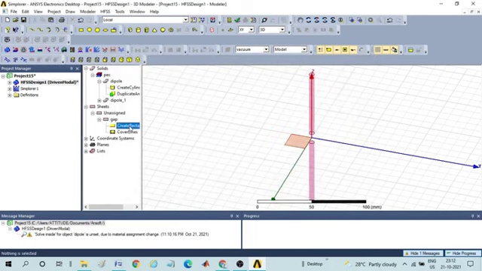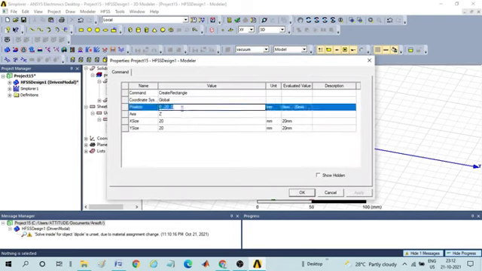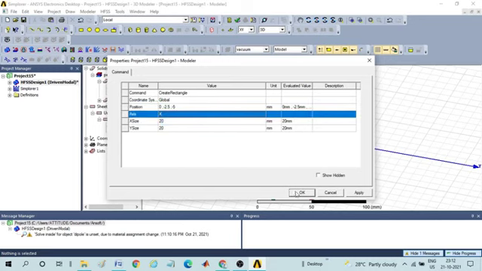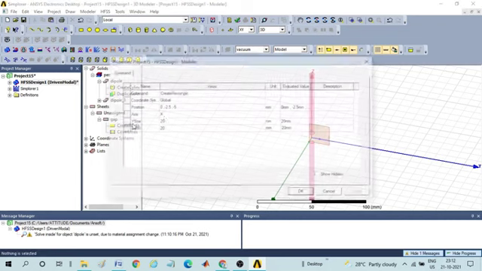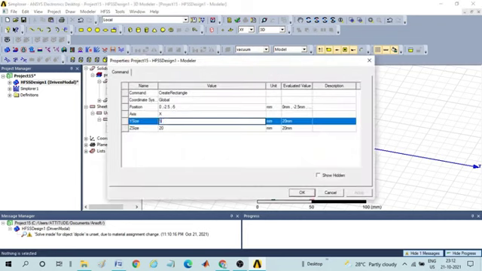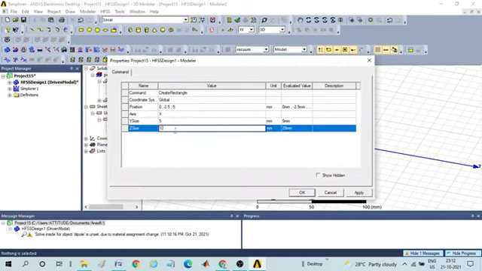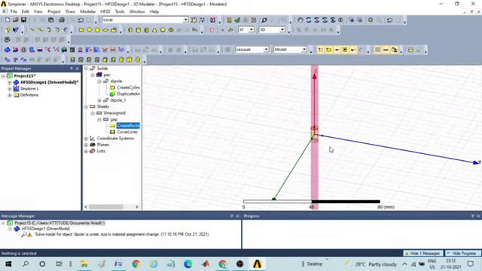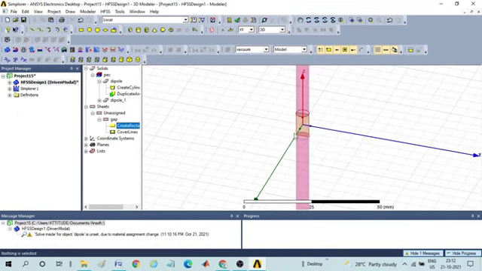Now go to create rectangle. Here the positions will be 0, minus 2.5, minus 5, because previously, if you remember, the position I had taken shifted above the xy plane by 5 millimeters. Then the exercise: change the axis to x so that it gets aligned here. Again click it here, change y size to 5 millimeters and z size to 10 millimeters. So now you can see it has fixed exactly onto the diameter of both the dipoles.